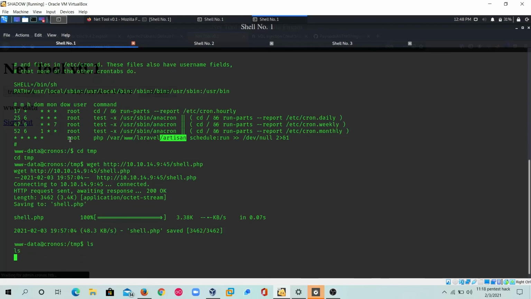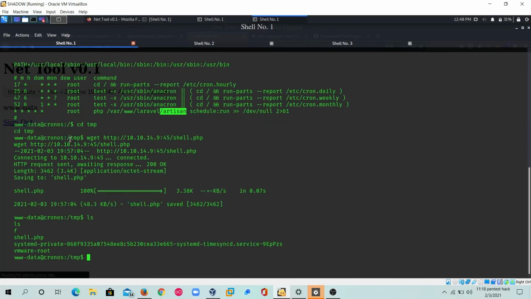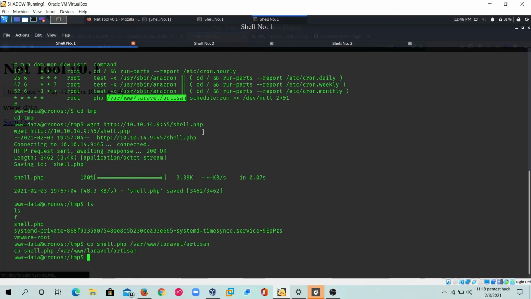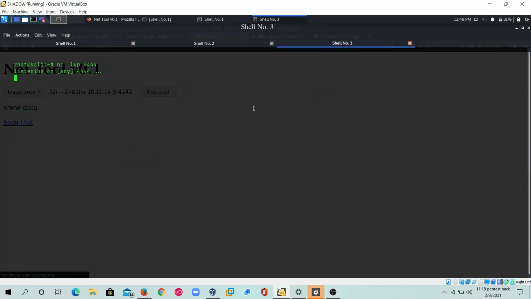See, we got a PHP shell here, and we are going to replace our code with this into this. So we will copy shell.php to this. Yeah, it was copied, and here if we see, we will get a reverse shell from the target machine to the attacker machine.